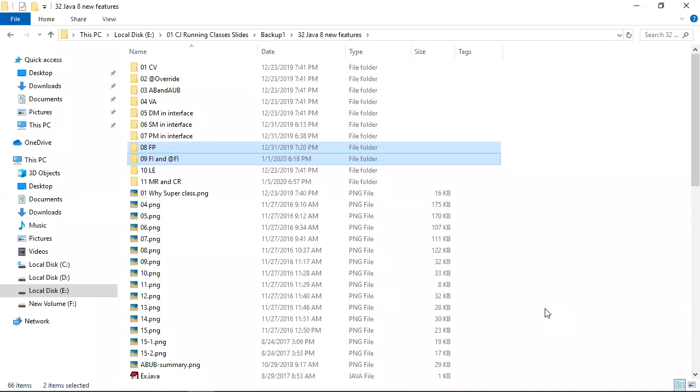First one is effectively declaring and second is explicitly declaring. Effectively declaring means just create an interface with only one abstract method, then we call it an effectively functional interface. That means in future we are not going to add any abstract method inside it.